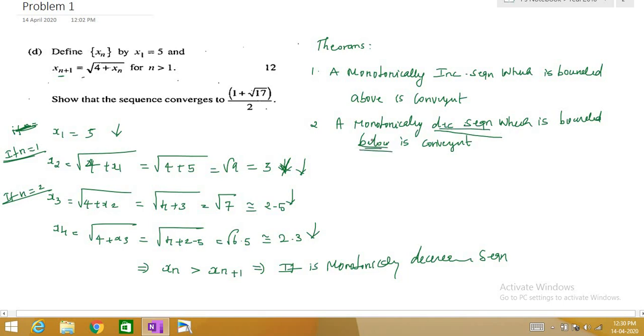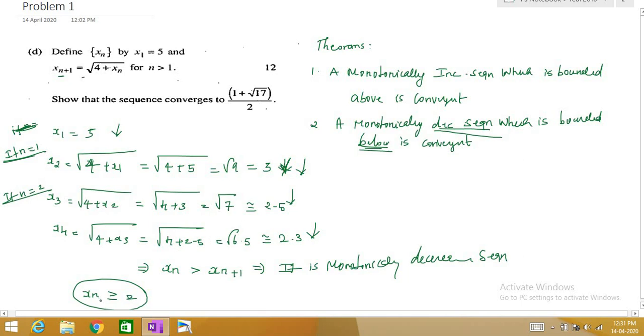So if it is bounded below, it means all the numbers have to be greater than or equal to this number. Now surely you can clearly see that all the xn's will always be greater than or equal to 2, right? Because you take this exercise. So if you have watched the 2018 video, I'm sure that you will do this on your own. So you can see that our minimum value is 2. So whatever this xn may vary, it will be somewhere close to 0. So even if this is somewhere close to 0, our minimum value will be root 4. Root 4 is nothing but 2, right? So we can see that all the values will always be greater than or equal to 2.